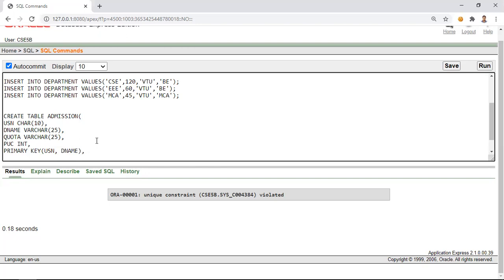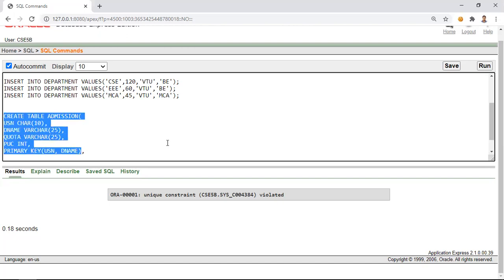This indicates that USN and D name together are the primary key of this table. But still, according to the schema, there should be a relationship between the admission and student tables. If we just put this command, it only indicates that admission is a standalone table having an independent existence with USN and department name as the primary key, but it is not actually linked to the student and department tables.